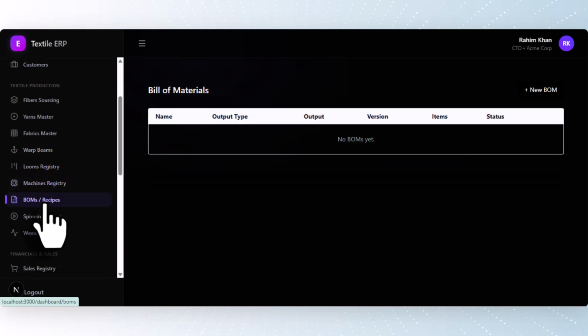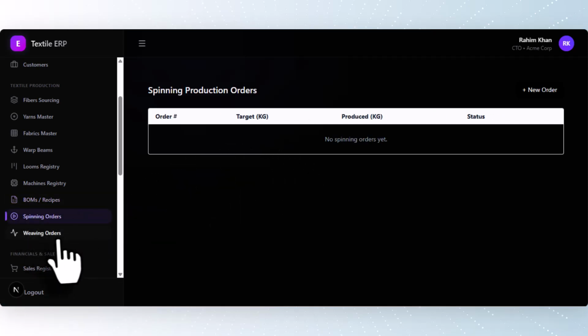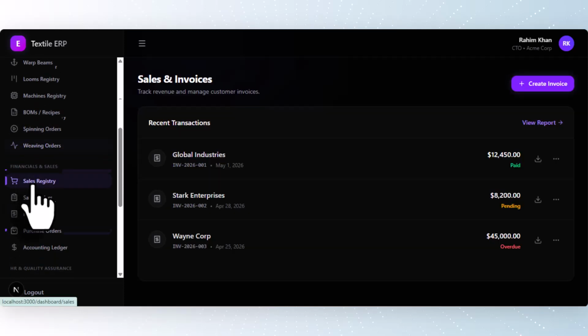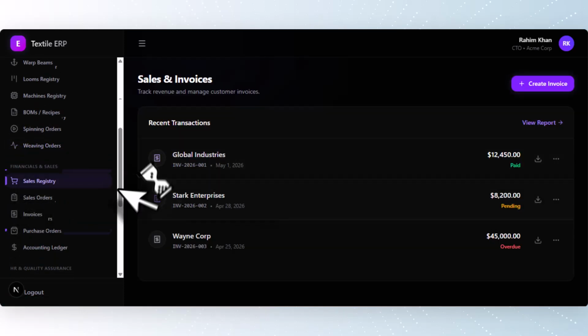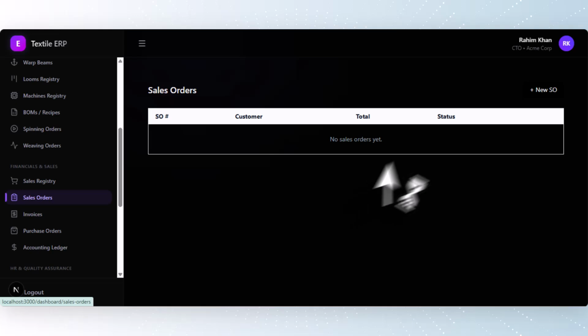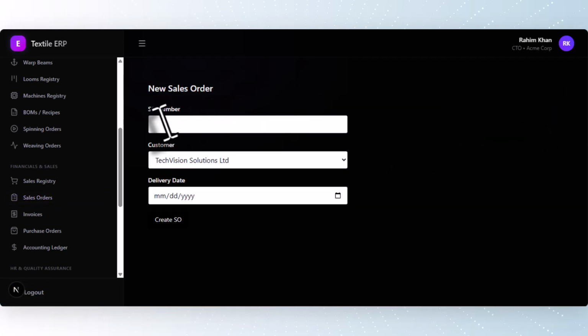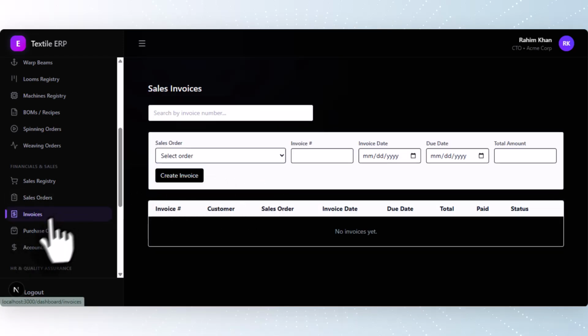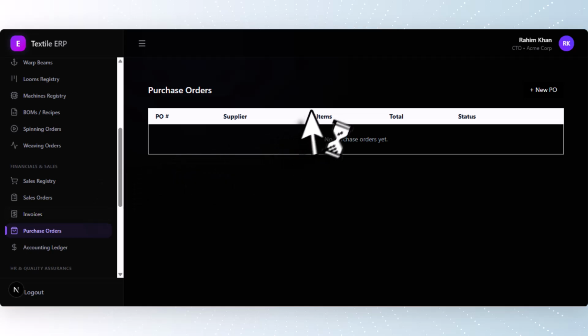and boom, spinning order, weaving order, then sales registry, then sales order. Also here is the sales order, where you can put it in. Invoice, here you can create the invoice. Purchase order,